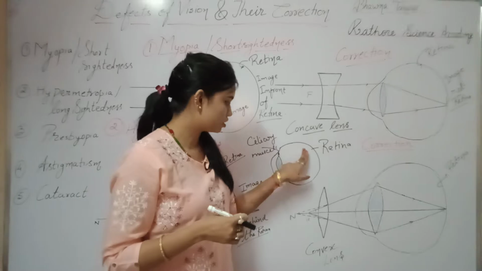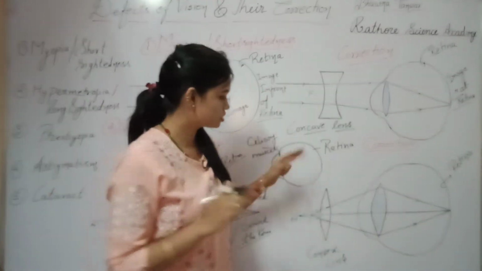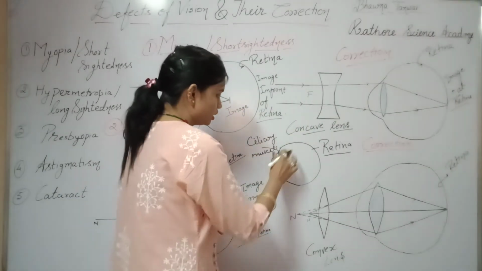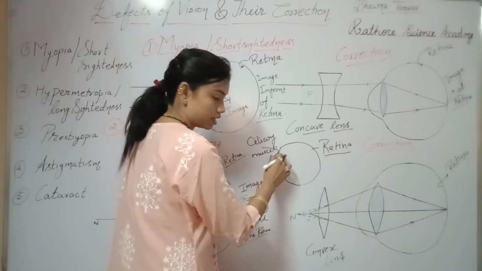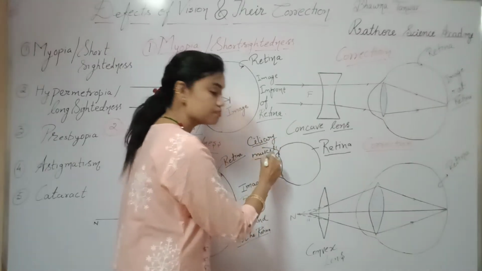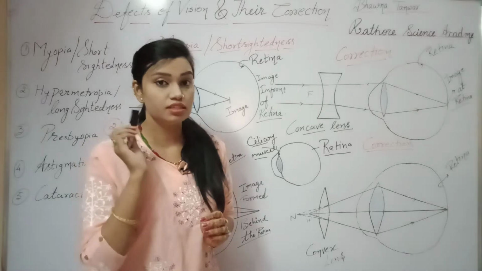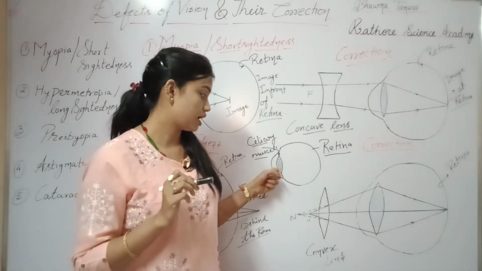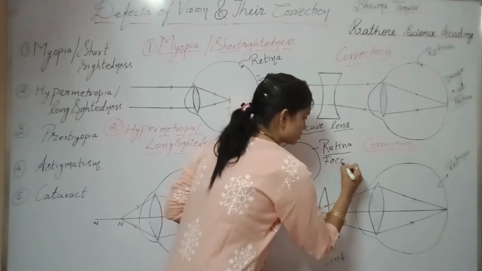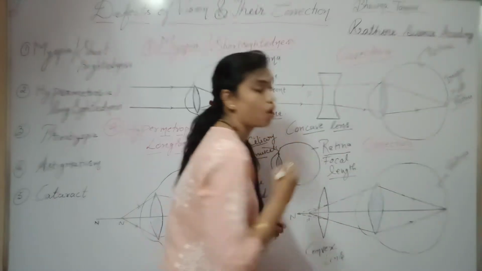See, I have drawn a diagram. This diagram is totally a rough diagram. In this diagram, you are able to see this outermost layer of the eye, which is called the retina. Here, this is the eye lens, which is attached with some kind of muscles, which are known as ciliary muscles. And our eye lens can increase or decrease its focal length according to the distance of the object.